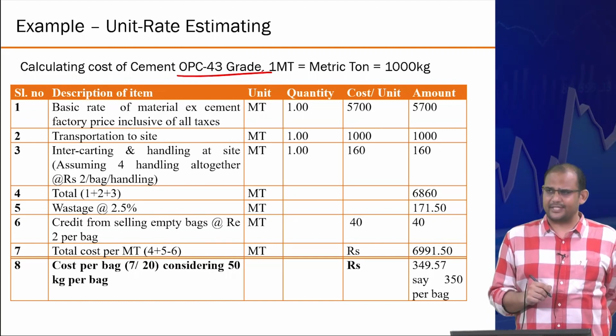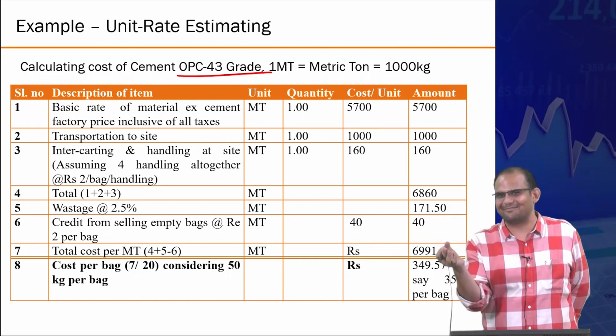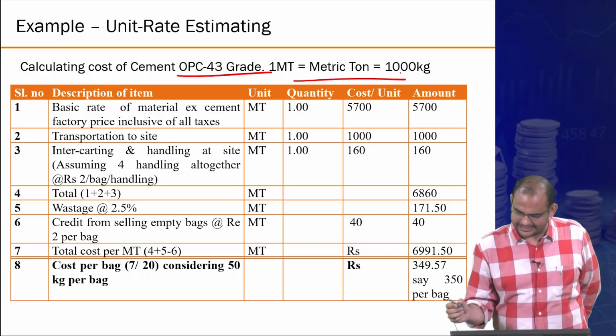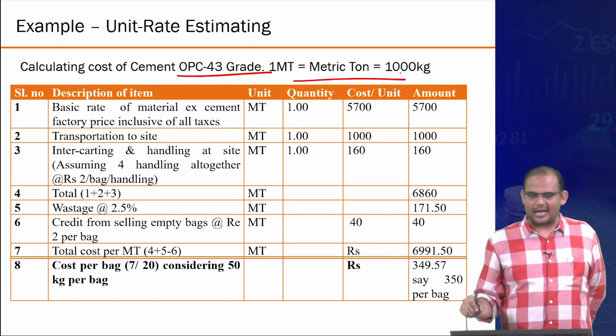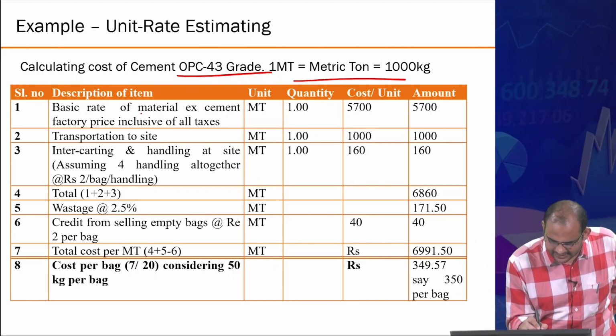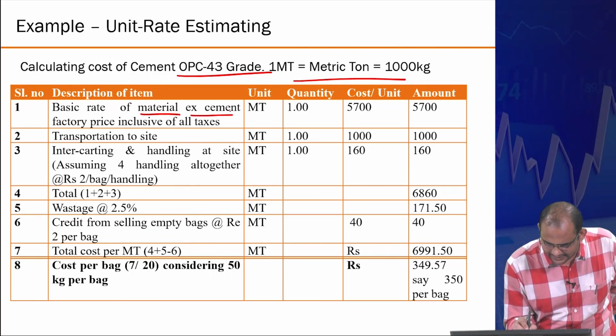Do you know what OPC 43 is? Basically a grade of cement material. 1 metric ton is 1000 kg, right? So let's estimate how much is the cost of cement needed, right? So basic rate of material excluding cement,